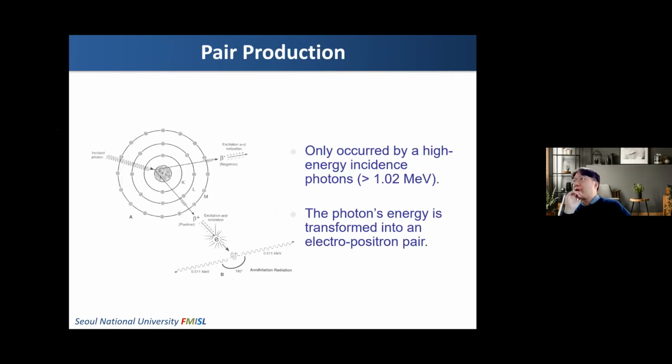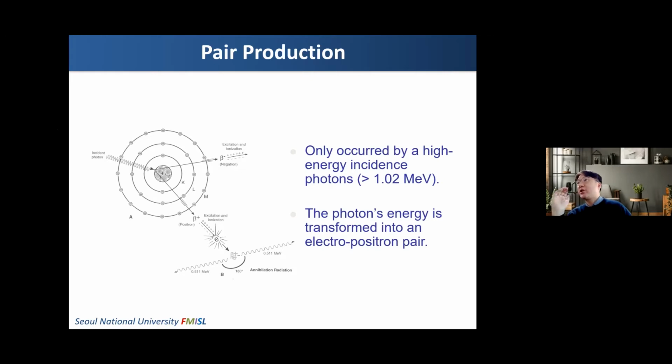And what is pair production? The last mechanism that we should remember today. Actually, this pair production only happens with high energy incident photons. They should have higher energy than 1.02 mega electron volt. In this pair production, the energy of the incident photon is converted into an electron and a positron. I mean that the energy is converted into the mass of material. So actually, this is the opposite phenomenon of